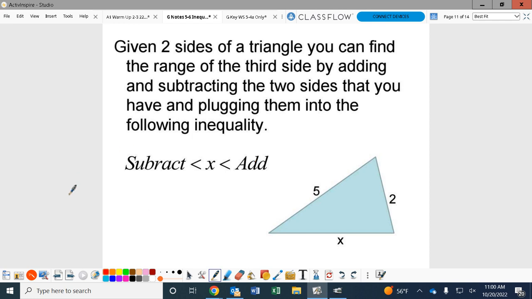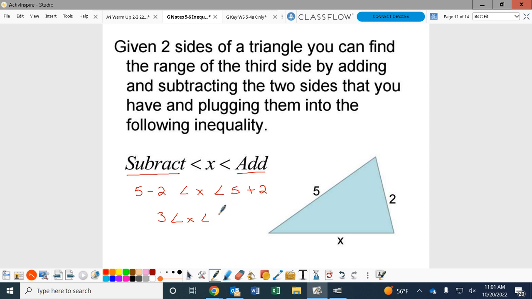To do it, we have this nice, lovely little formula. We are going to subtract the numbers, put less than x, less than, and then we are going to add the numbers. So in this case, that would be 5 minus 2 is less than x is less than 5 plus 2. Guys, subtract the numbers, add the numbers. Now when you're subtracting the numbers, you can't deal with negatives because distances are not negative. So you always got to put the bigger number first. Okay, so what would the range be? What's 5 minus 2? So it'd be 3 is less than x is less than, and then 5 plus 2